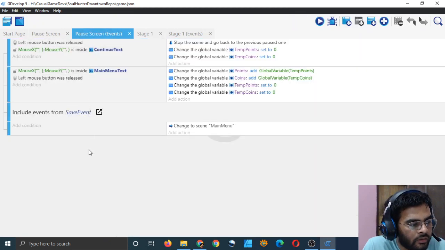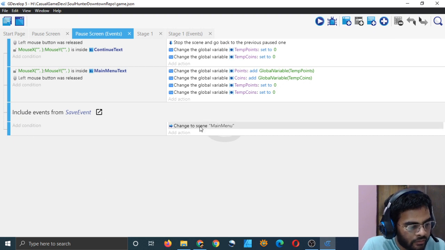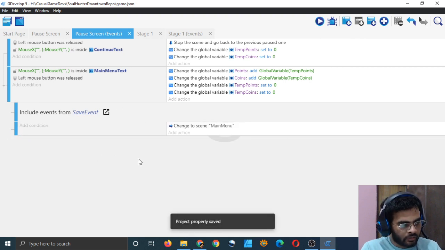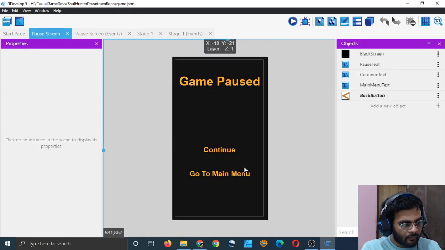So I think it registered that event. Oh, this change scene event is not within this event, right? So just click on this and drag it here, and click on this and drag it here. Now it is within the main menu text. That was the problem.